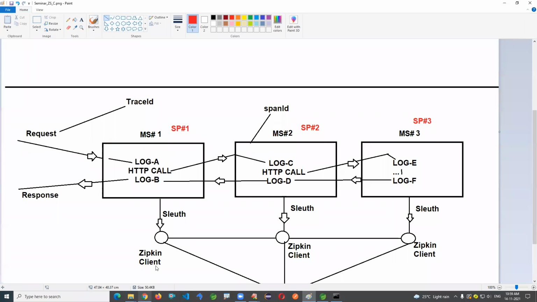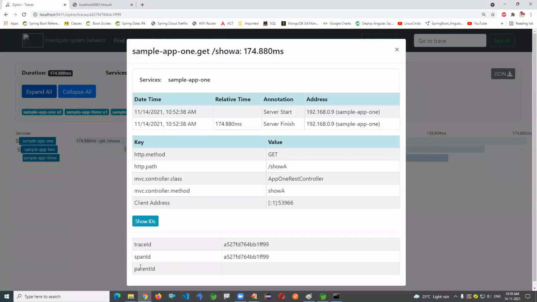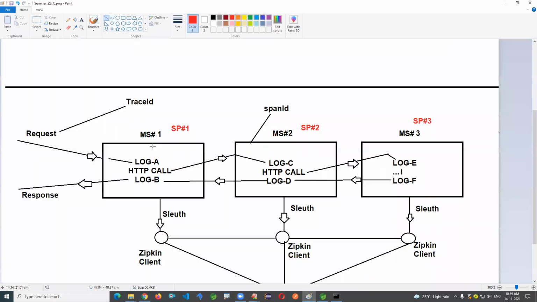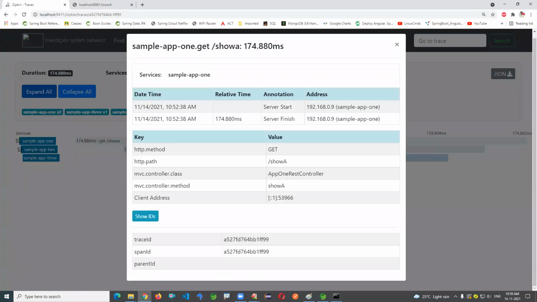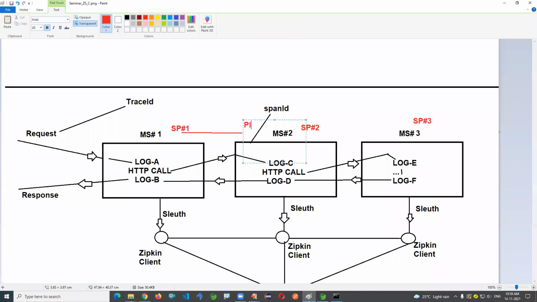So when you see a particular microservice's trace ID and span ID, and you don't see any parent ID, that is only the entry microservice. That is the one executed first in a simple order. There is no parent for this. For the current microservice, from where it got the call, what previous microservice exactly made the call here? That previous microservice's span ID will be the current microservice's parent ID, just for linking purposes.